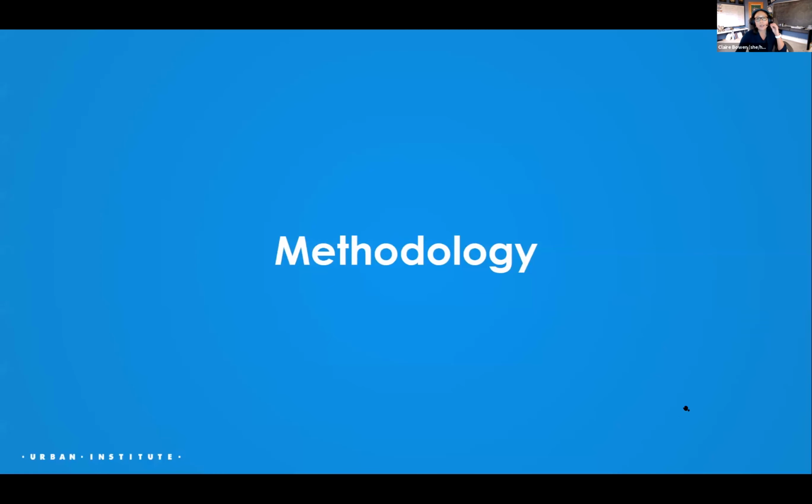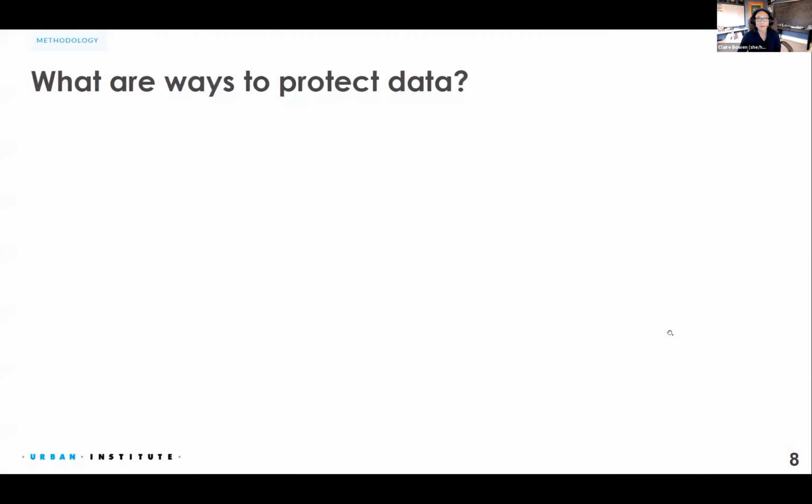As a brief methodology of how people protect the data, I'm going to cover mostly how things get altered, and then finally lead up to synthetic data, because a lot of these methods are what inspired synthetic data generation. As a side note, because we just talked about biostatistics, it was really biostatistics where synthetic data came from, motivated by clinical trials and missing data. So kudos to biostats on that one.